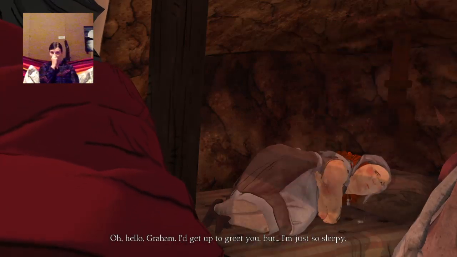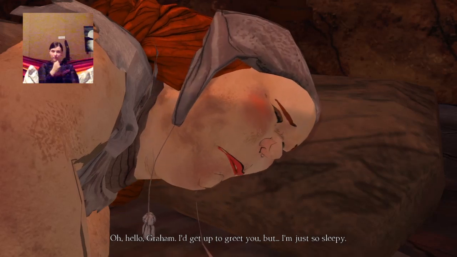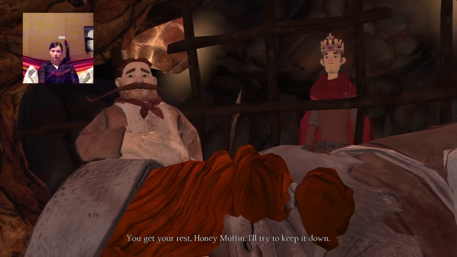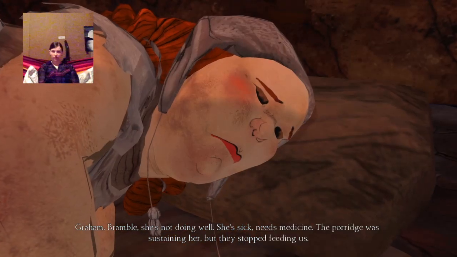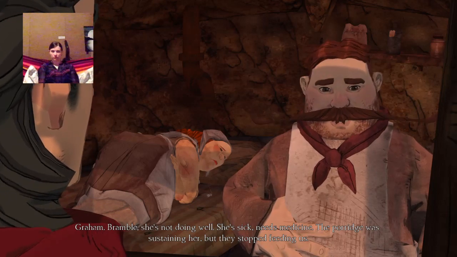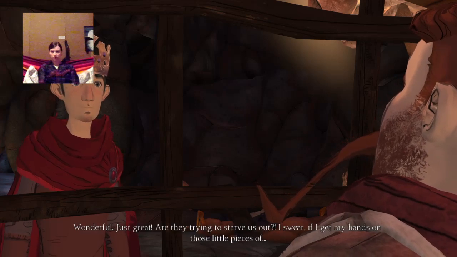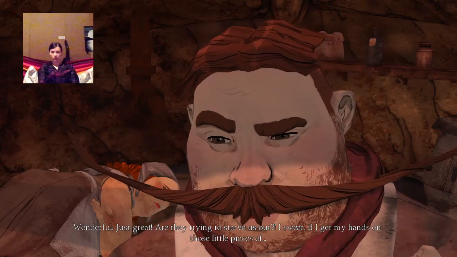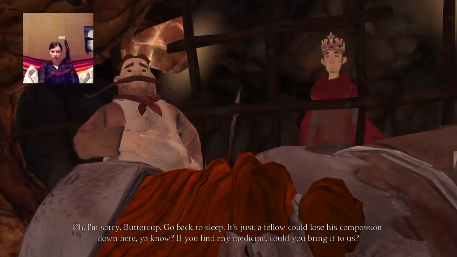Oh, hello, Graham. I'd get up to greet you, but I'm just so sleepy. Oh, you get your rest, Honey Muffin. I'll try to keep it down. Graham, Bramble, oh, she's not doing well. She's sick, needs medicine. The porridge was sustaining her, but they stopped feeding us. Yeah, it looks like the supply dried up. Just great. Are they trying to starve us out? Okay. I swear if I get my hands on those little pieces of...